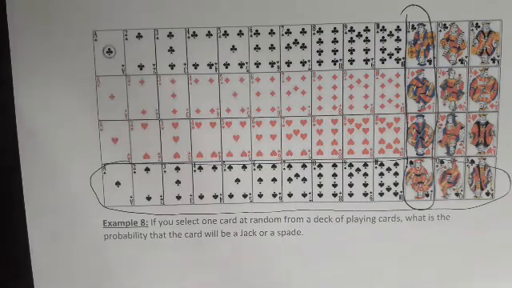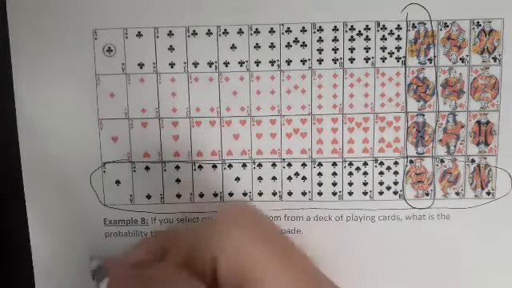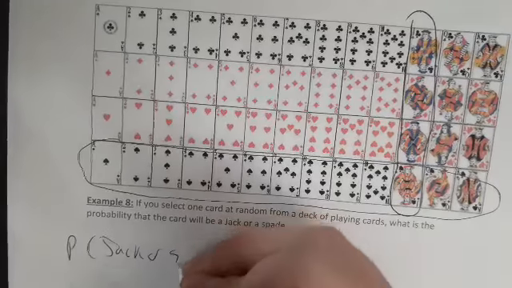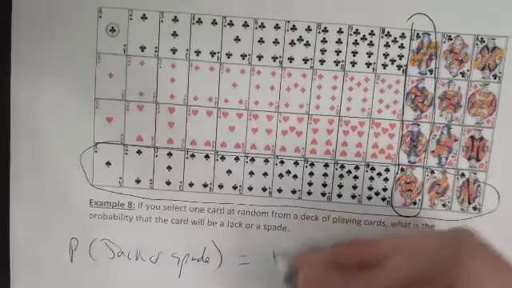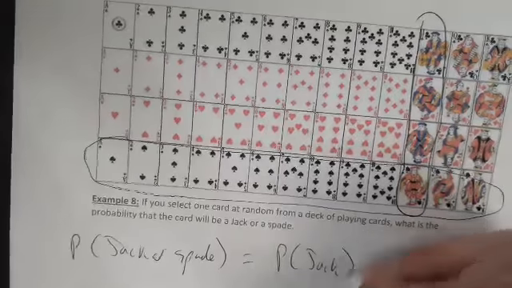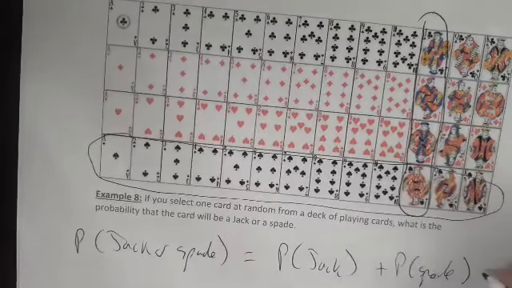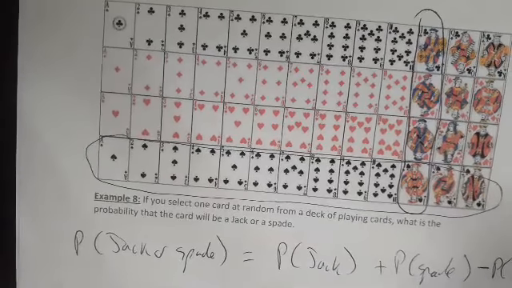So what I have to do to find this probability? P of jack or spade. Probability is a jack. Probability is a spade. Minus P of